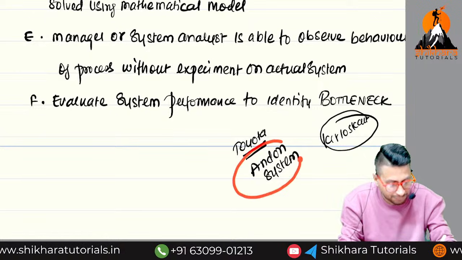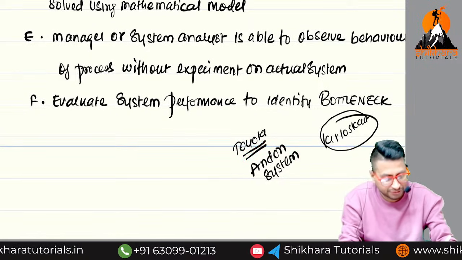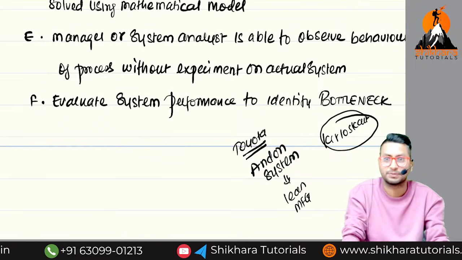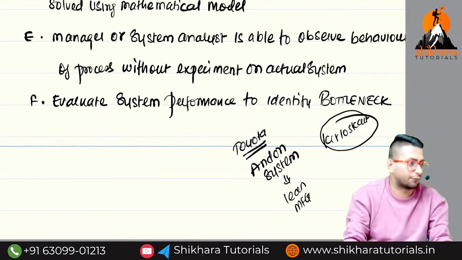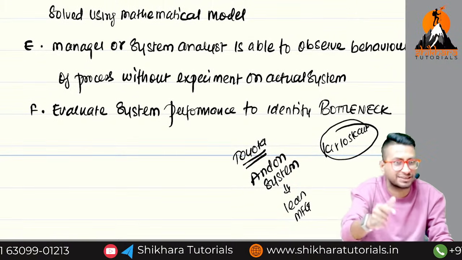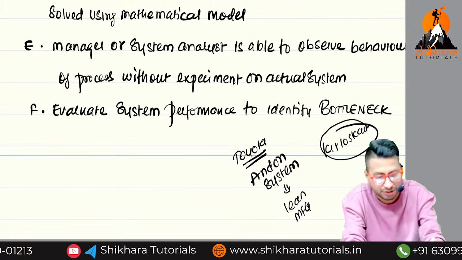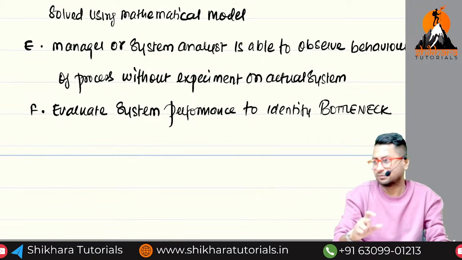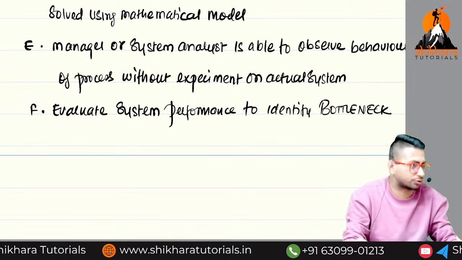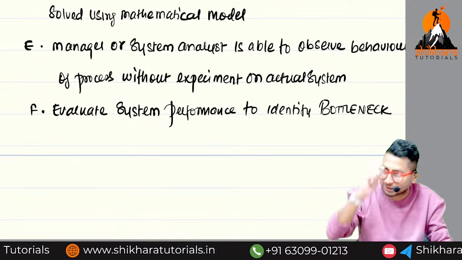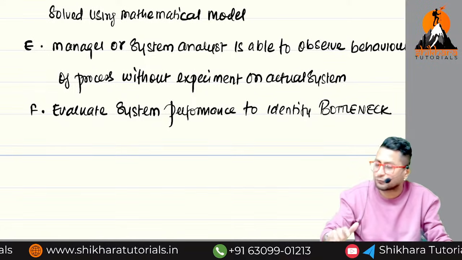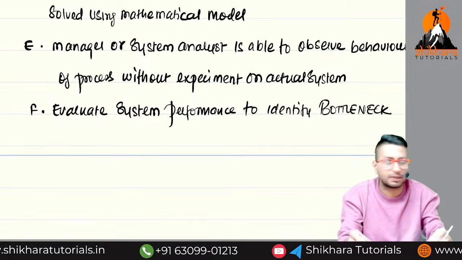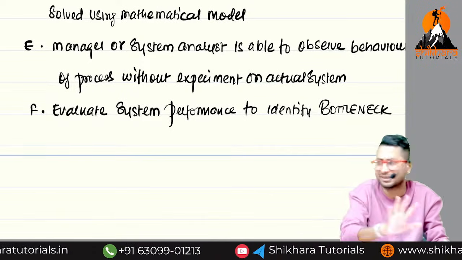This is called which system? The Andon system. In simple words, it is also called lean manufacturing. You might have studied this concept already: lean production or lean manufacturing. The main organization which popularized this concept was Toyota. So you have to identify bottlenecks, but in these types of industries, it's okay. Even if one nut and bolt is not fixed properly, before buying a car, people will do PDI, right? Pre-delivery inspection. There they can get it done.